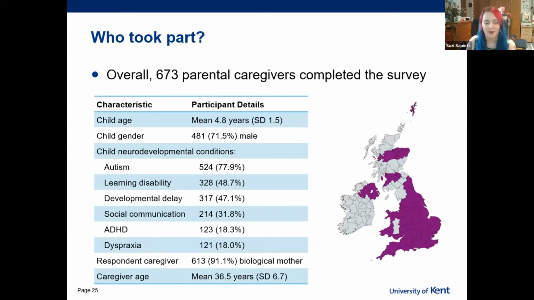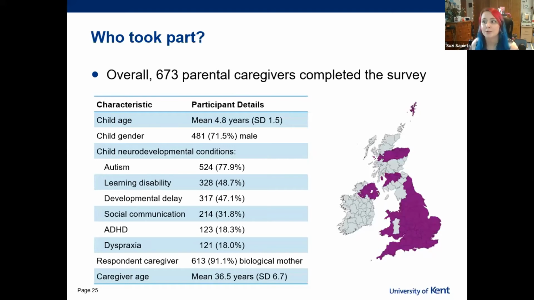Okay, so overall, 673 parental caregivers took part in our survey. And on the screen, you can see some of the key characteristics of the participants. So the mean age of the children was 4.8 years, and this ranged from 1 month to 6 years and 11 months. Most of the children were male, and on the screen we've listed the most frequently reported neurodevelopmental conditions,